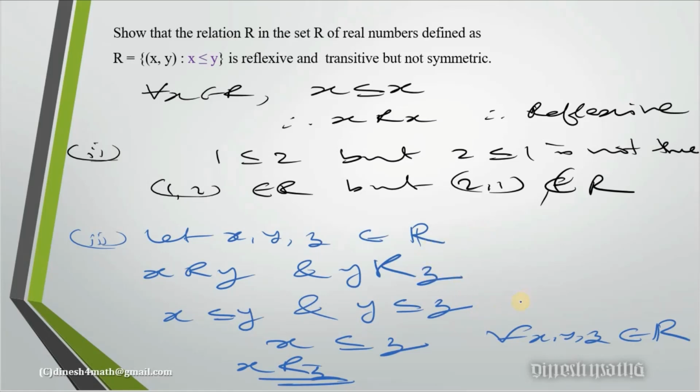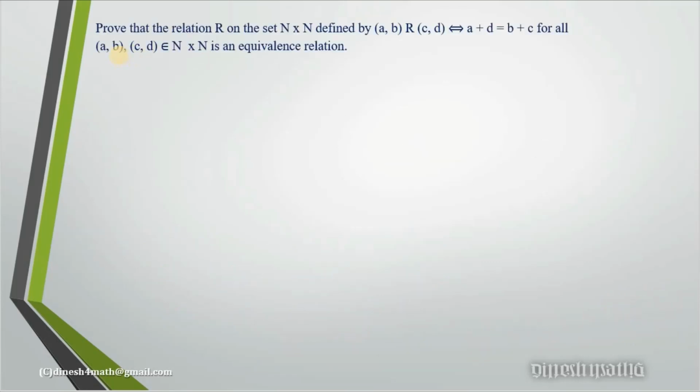So these are some example questions to get the idea clear. Hope you understood that idea. This is another question. And here you can see a significant difference from the other questions. See, the first difference is, if you notice, each element became an ordered pair. So (a, b) is related to (c, d) whenever a plus d equals b plus c. So that is the condition. So here the difference is, as it is an ordered pair, you have to be a little careful.